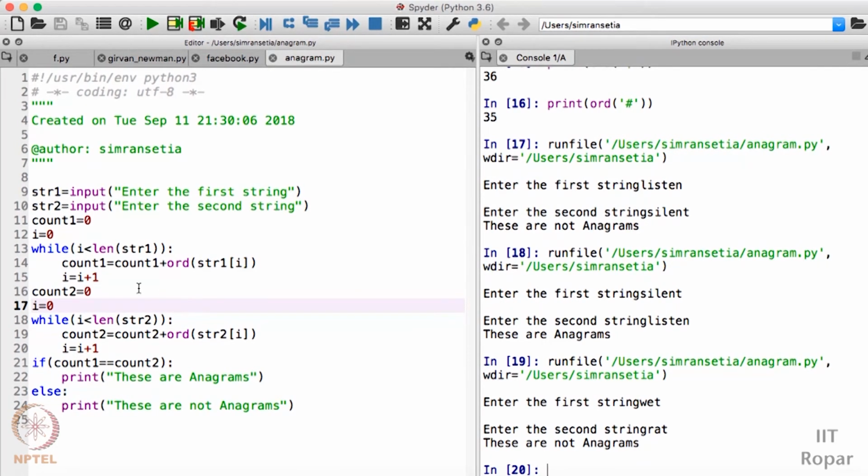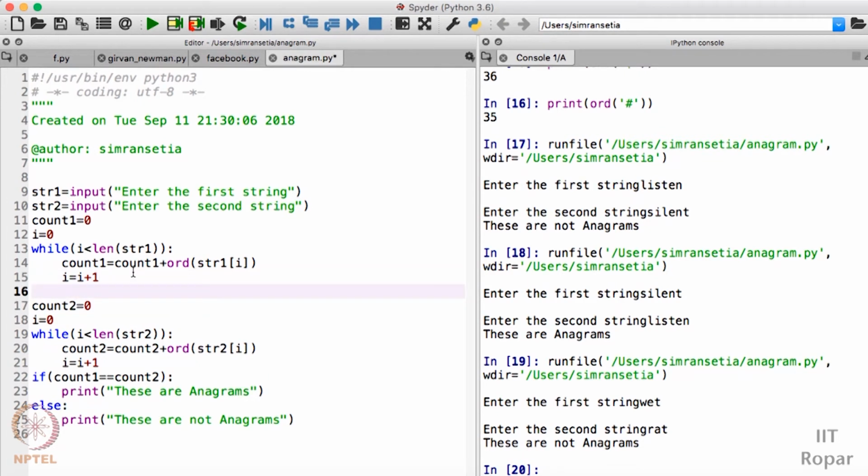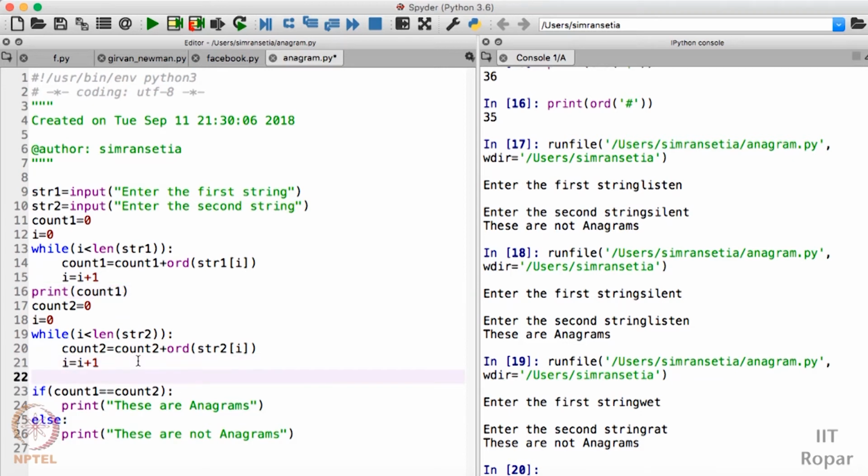So let me also show you what count 1 and count 2 are storing here, so that you get to know that these are actually the same values. Count 1 here, and I'll also print count 2 here. So let us run again.